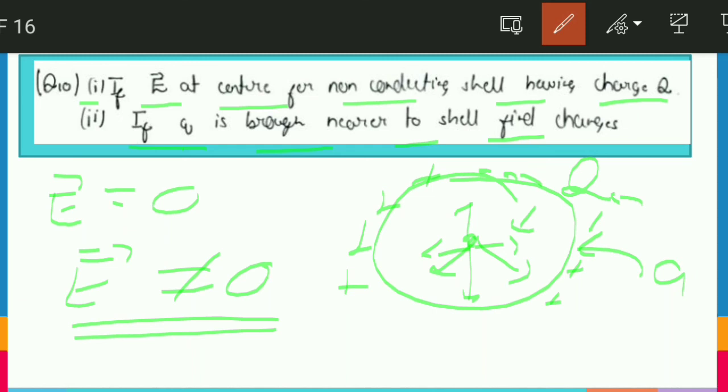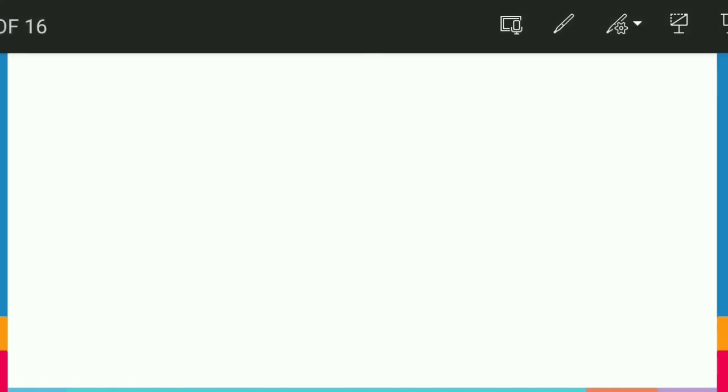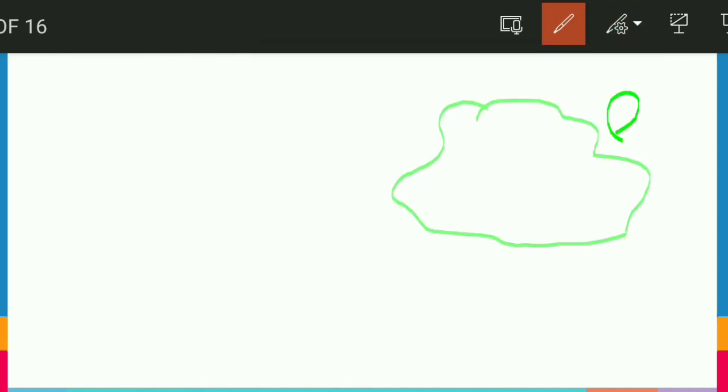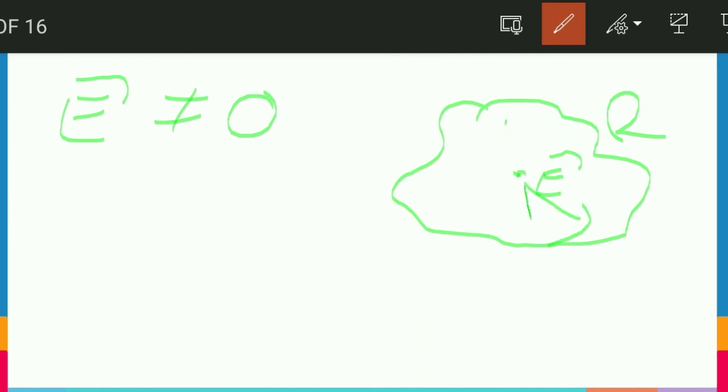So some more modification which a questioner may ask: let's say one thing, let me draw. We hammer that sphere and make it something like this, but the total charge on the surface is still q. So again, can we find the electric field at the center? Again, will it be 0 or not 0? It will not be 0, because as our distribution is not symmetrical, some more extra component will be here, some less here, some more here, some less here, but they are not going to cancel each other out, so we have a non-zero electric field at the center.